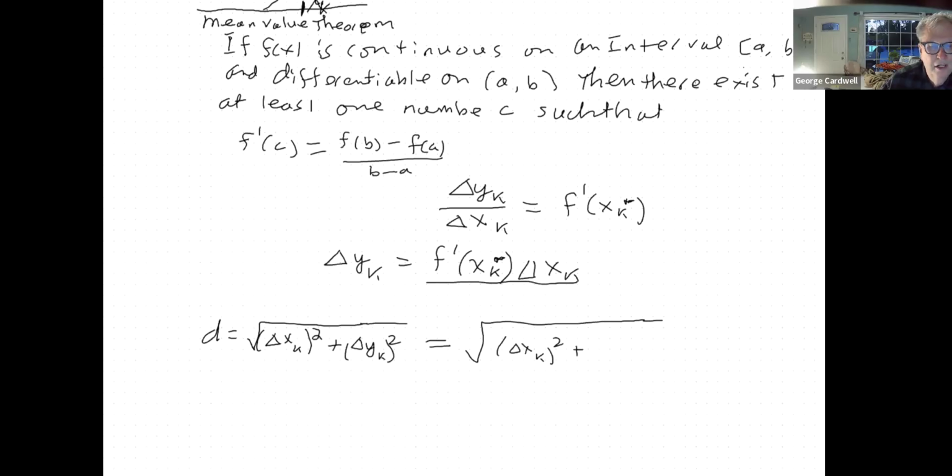So I'm going to have f prime of xk star times delta xk, and then all of that squared. So it's two equivalent ways to write the distance formula,